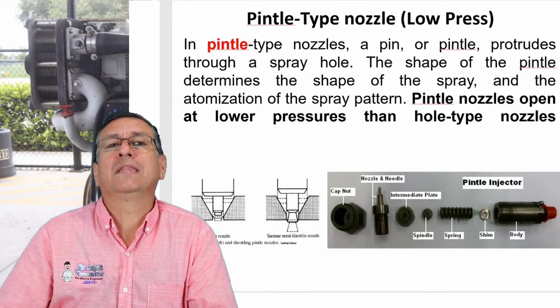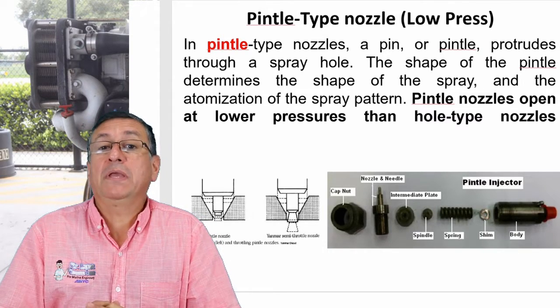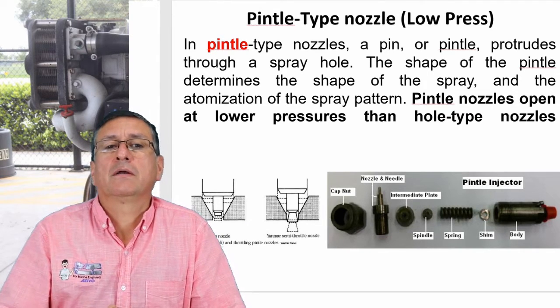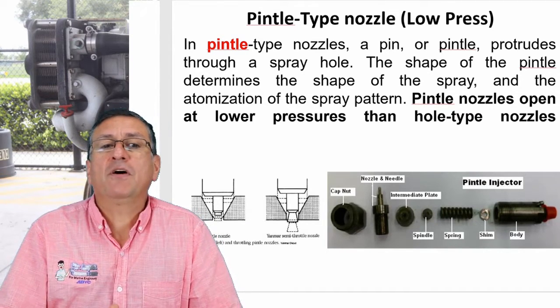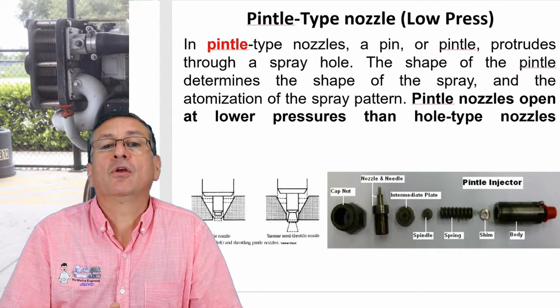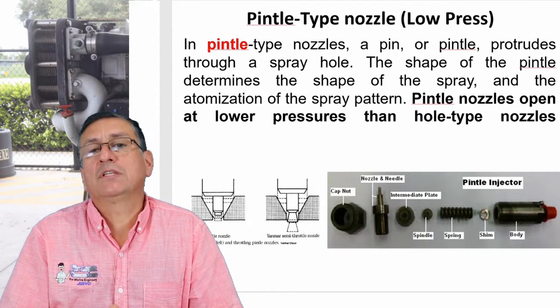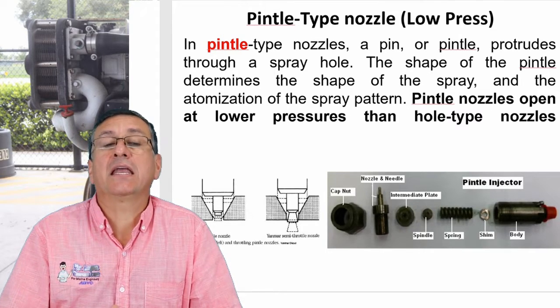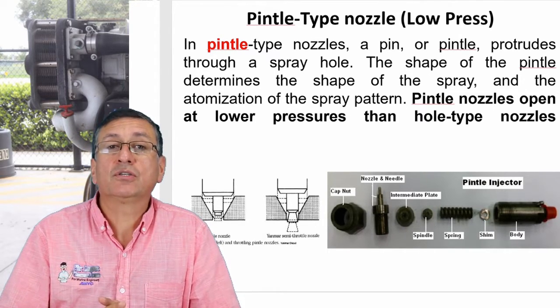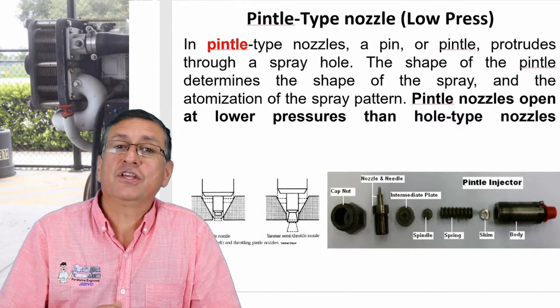This is the Hole type. The next one is Pintle. Now we are going to check what happens with that injector. With the Pintle injector, in the Pintle nozzle, a pin or pintle protrudes through a spray hole. The shape of the pintle determines the shape of the spray. Pintle nozzles open at lower pressures than Hole type. I explained to you that the Hole types are used in direct fuel injection. The Pintle nozzles are used in indirect fuel injection or